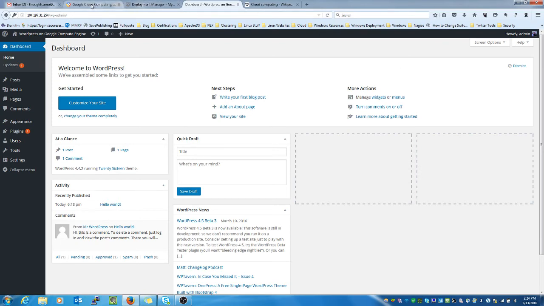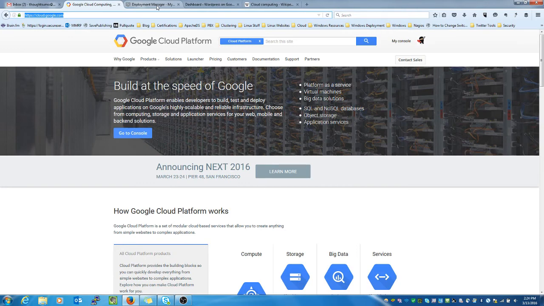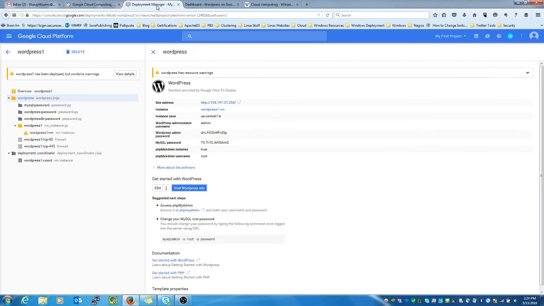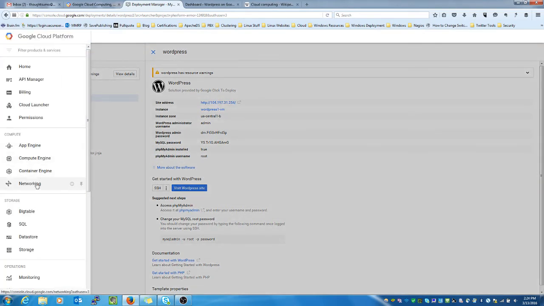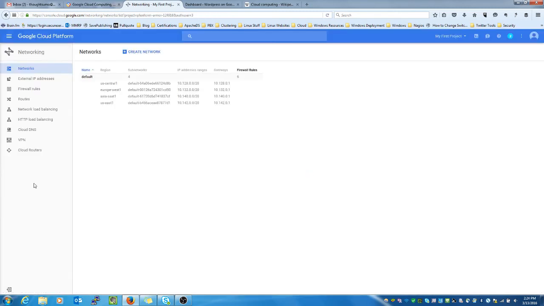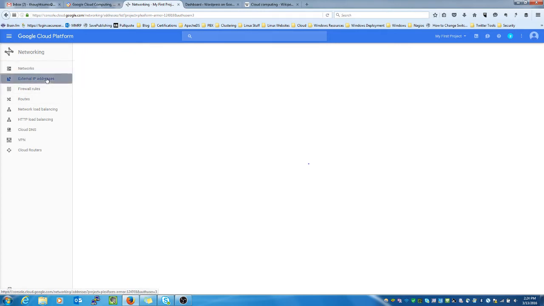And so if we go back to the deployment manager here, we need to change something, and it has to do with your IP address. So if we click on the hamburger menu again and we go down to networking, and then we go to external IP addresses, you'll notice that the type of IP address is an ephemeral, I don't even know if I'm pronouncing that correctly,